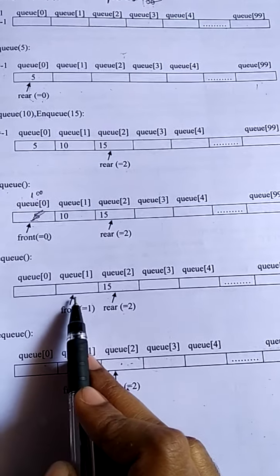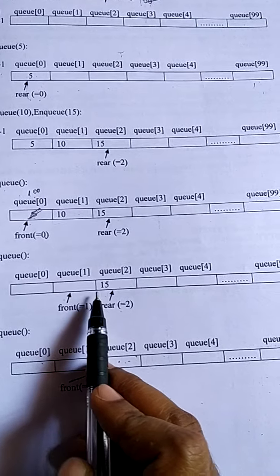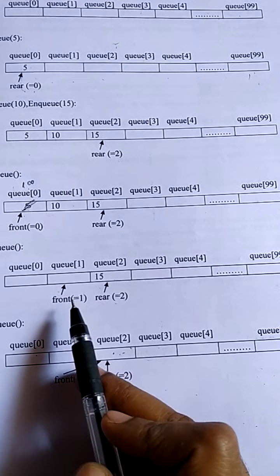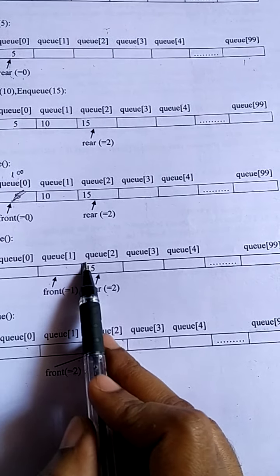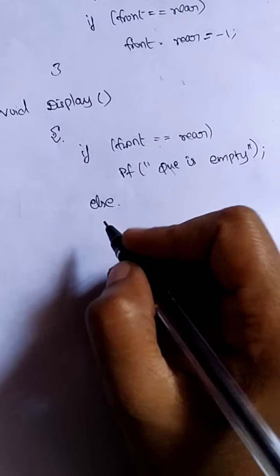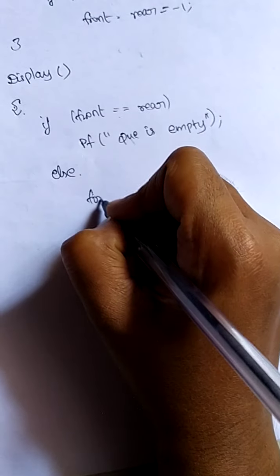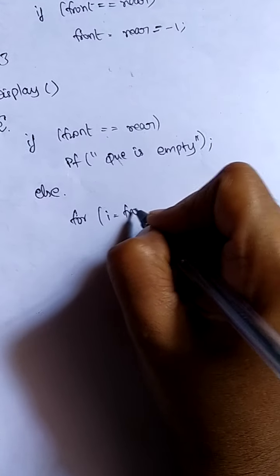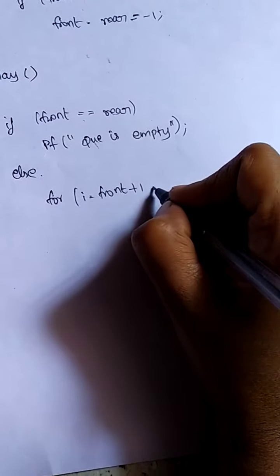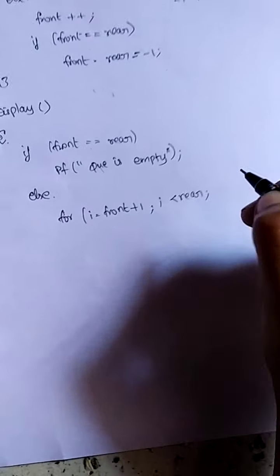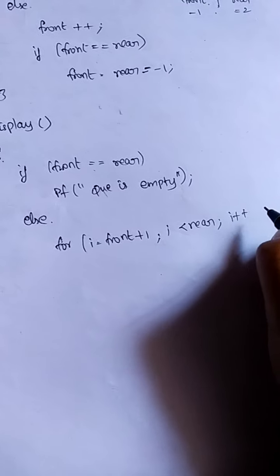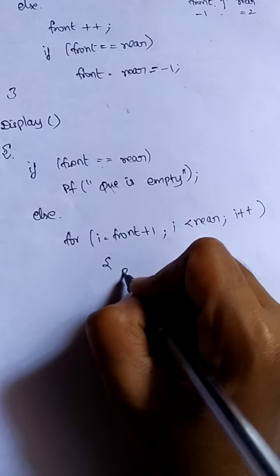So where you have to start this loop is, you have to print the values between front and rear, not from the front itself, but from the next value of the front. So you put the condition: for I equal to front plus 1, I less than rear, I plus plus. Okay, then printf